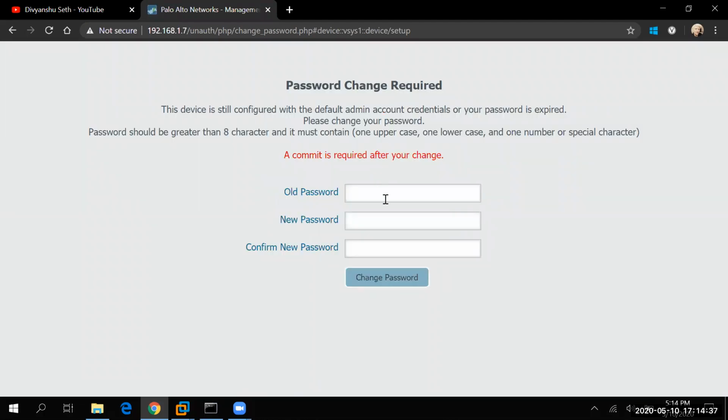Okay. So I have just typed username admin and password admin. Okay, so it's prompting me for changing the password.